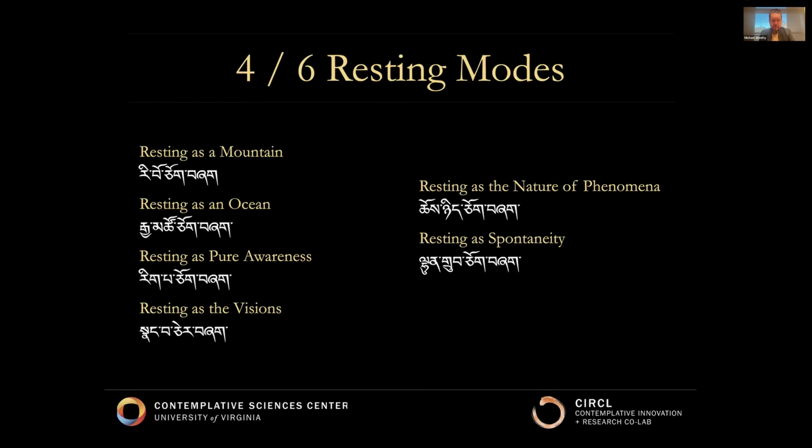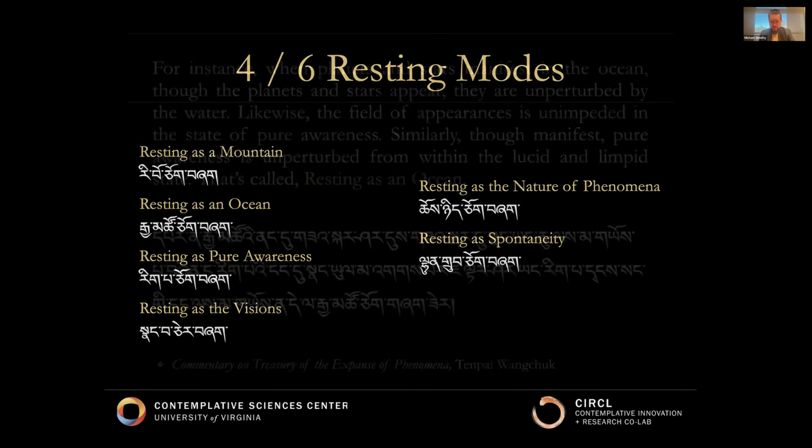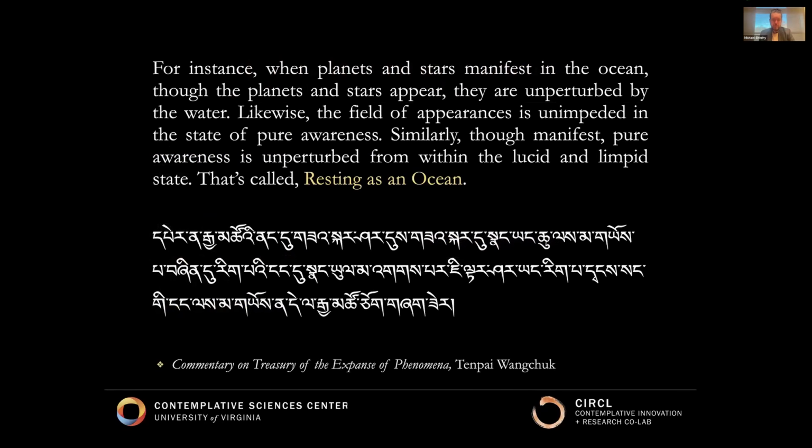And here I believe I focus mostly on the ocean. So these are little passages that I've selected from these texts, and I will read my translations here to give you an idea. For instance, when planets and stars... again, this is a description of pure awareness as an ocean, right? That is to say, a description of pure awareness using the metaphor of an ocean rests. This author, Tempe Wangchuk,